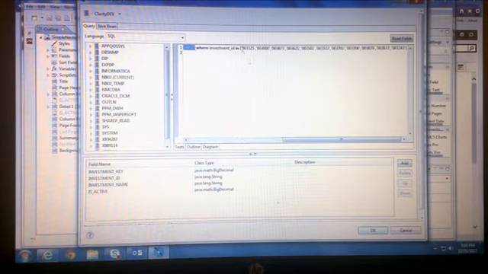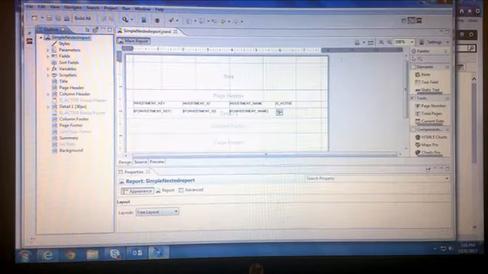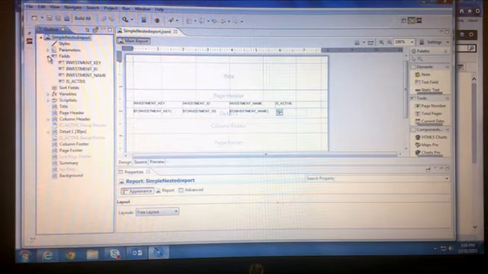Here I've limited my data to a handful of projects instead of pulling all the projects. So I'll write a simple select on investment query. For now ignore this, we'll come back to that. So that gives you a list of fields. Once you create the query, save it, and when you come back to this, it will bring you back to this screen and it will show you these fields.